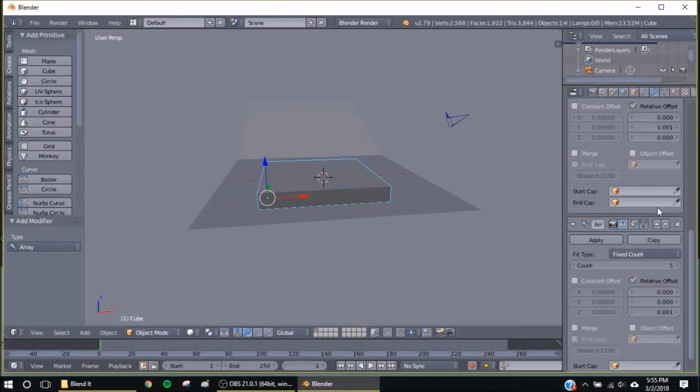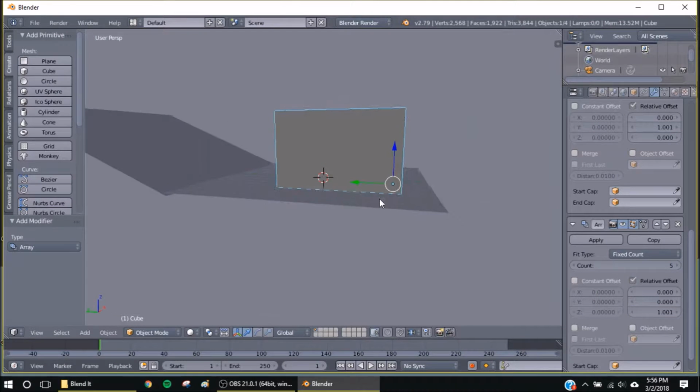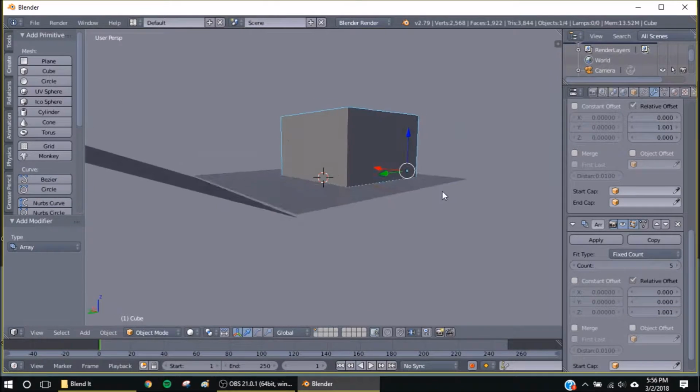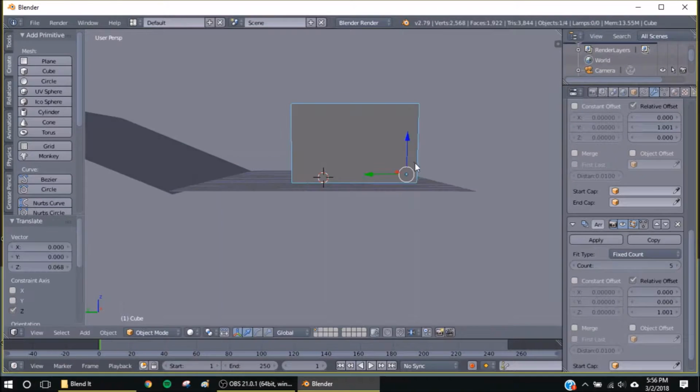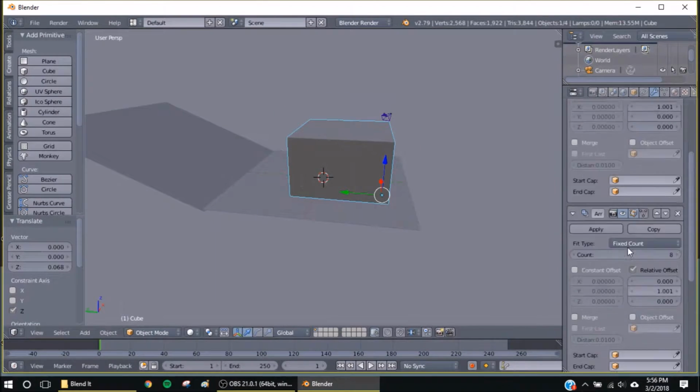Okay, I did something wrong. Oh, I see. 1.001. Here we go. And I'm just going to leave it at 5 high. We don't need it super tall. Now we hit